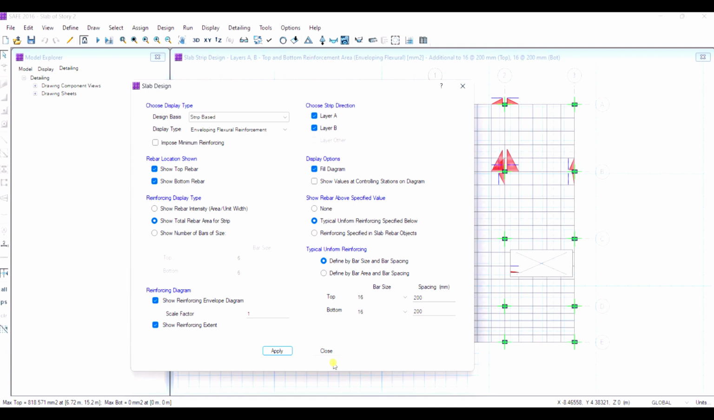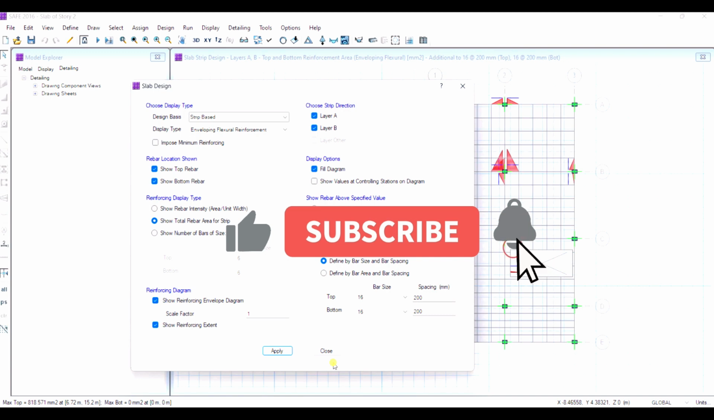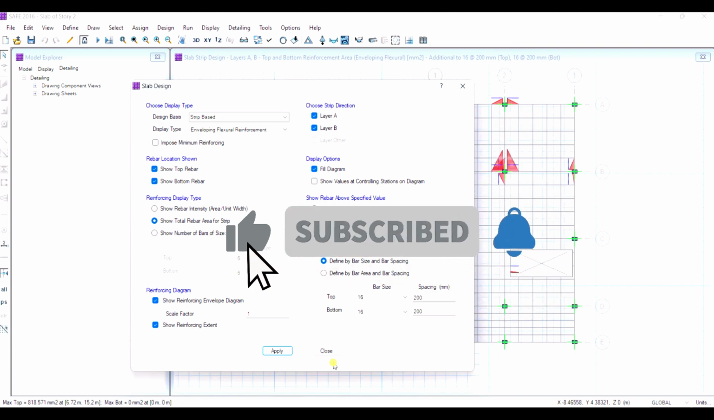My point is that there is no need to go through each and every code to understand your requirement. You go with your requirement. So this is all about how to import a file from ETABS to SAFE, and we can do the design and